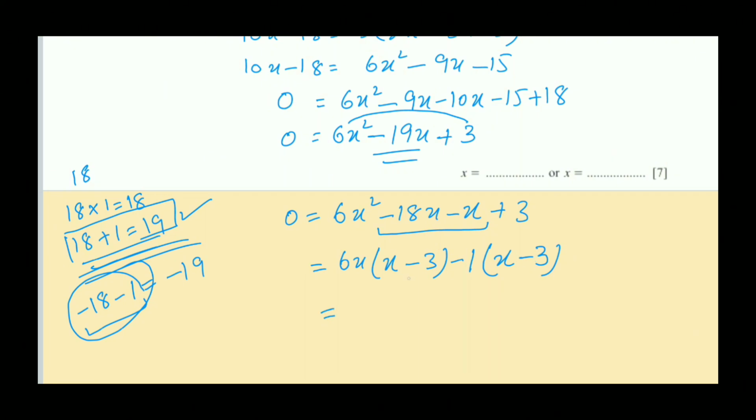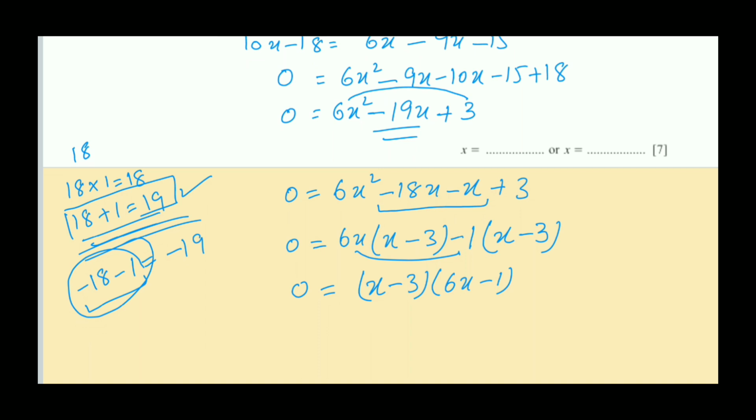So now what is the next step? You can see these two brackets should be the same. Your these two brackets are exactly the same with sign and values as well. So x minus 3 will be written in one bracket as they are common. And 6x minus 1, you will combine these two terms. 6x minus 1 will be written in one bracket, so 0 will be written as it is. These are the steps of middle term breaking.